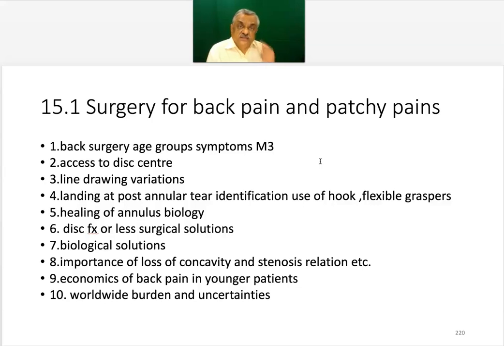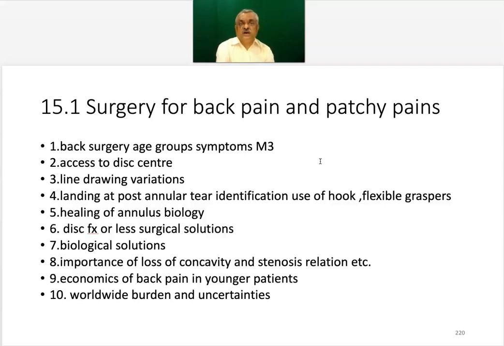We may use the flexible graspers so that we are able to reach much dorsally in the tear and get all the material which is lying there. Then we think of healing of the annulus. Now healing of the annulus is one of the main problem areas which are tackled